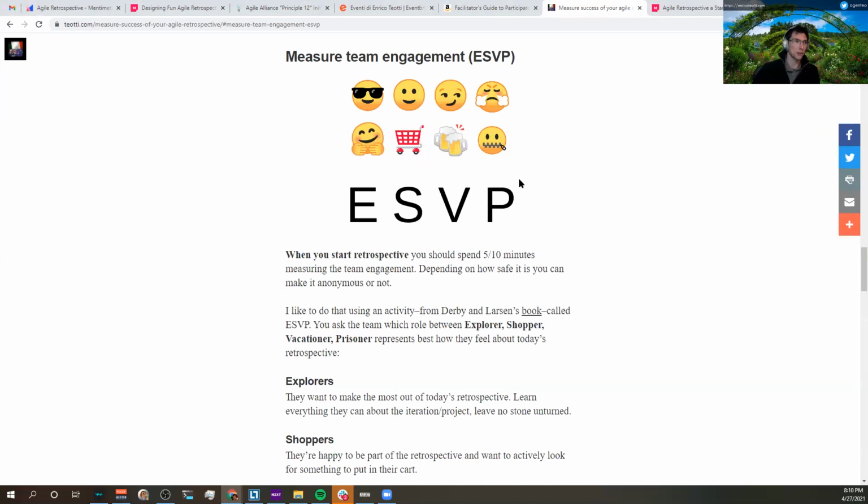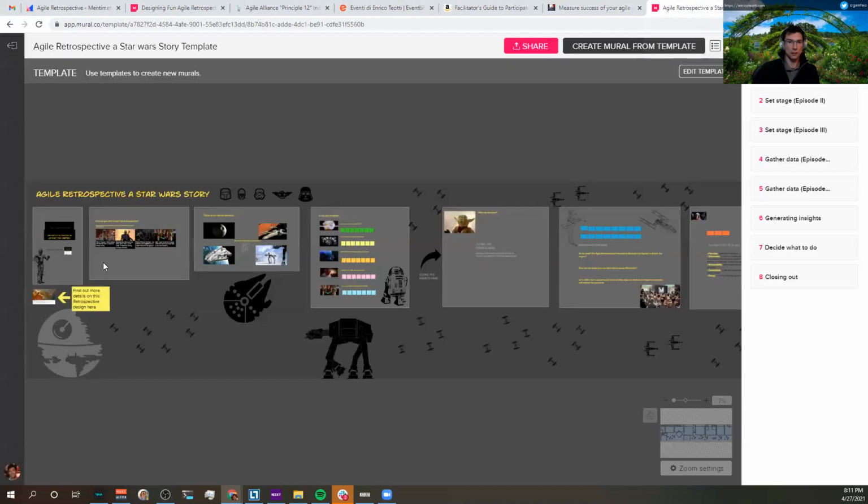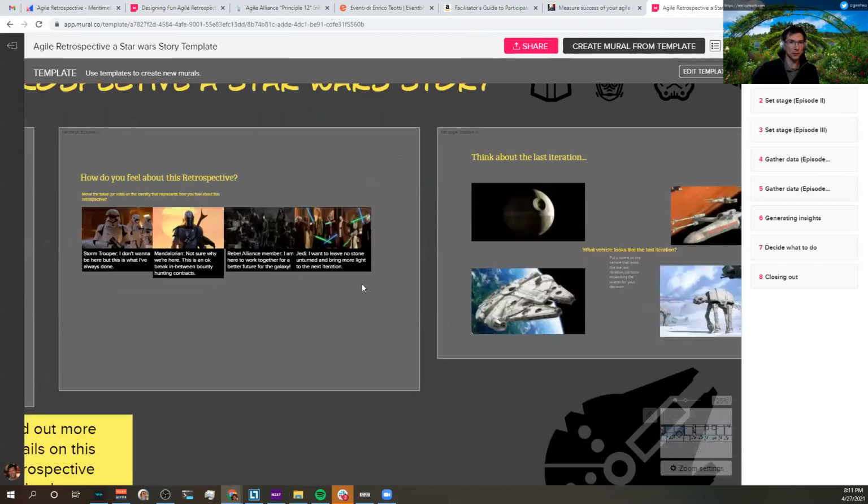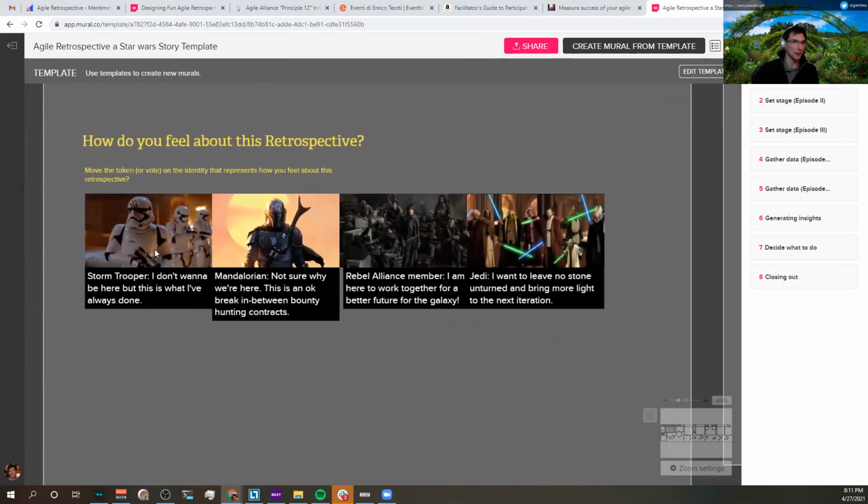Do you feel like a prisoner? You stepped on a Lego brick. On the opposite side, the good side, there is the explorer, which is going to be, I don't know, we created the best model ever. And then the shopper and vacation. So it follows that. And if you look at this Star Wars retrospective that I made, it's very much that. Are you a Stormtrooper? Are you a Mandalorian? Rebel Alliance? Jedi? It does change the flavor, but it mirrors the same